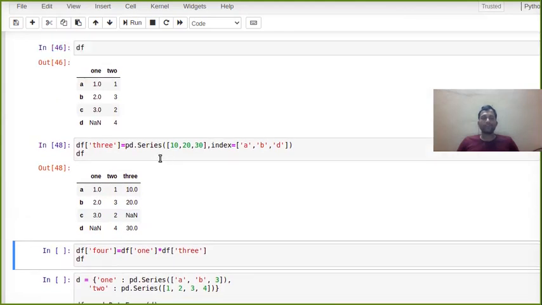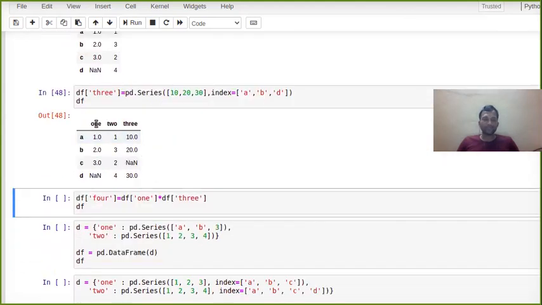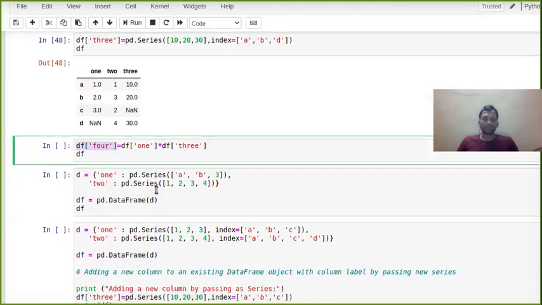But whenever we are working on a data science project, sometimes we have to do some computation, like subtraction, multiplication, division, sine of this, cosine of this, tanh of this. A simple example: I want to create a column 4, which would be the multiplication of column 1 and column 3. So df[4] will create a new column named 4, and this is df[1] times df[3]. So I am doing multiplication.